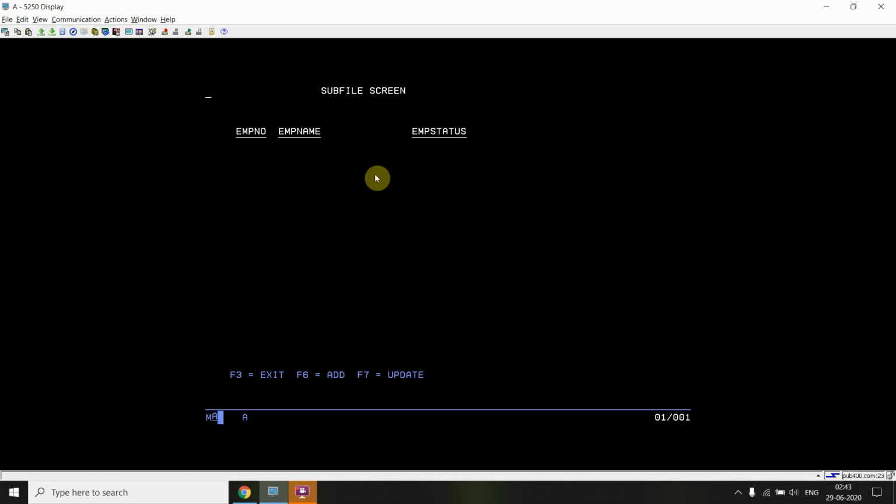Okay, so we don't have any records, so in case we read that subfile, we will be getting the session device error if we are not using the SFL INZ keyword. So what will the SFL INZ keyword do?